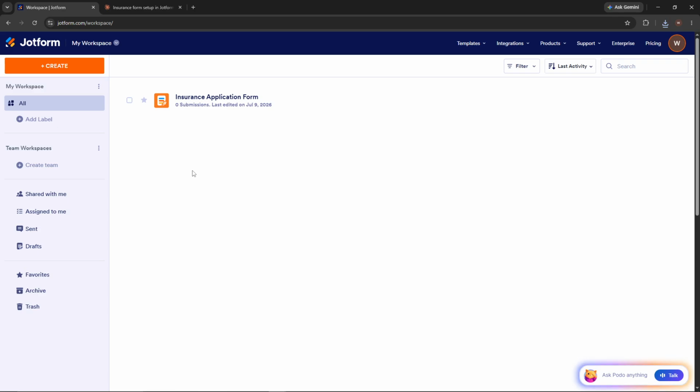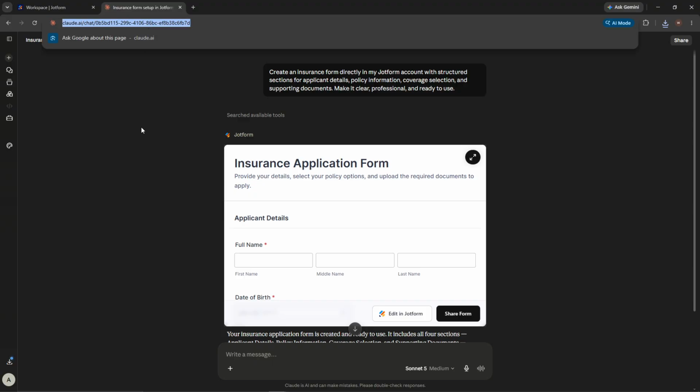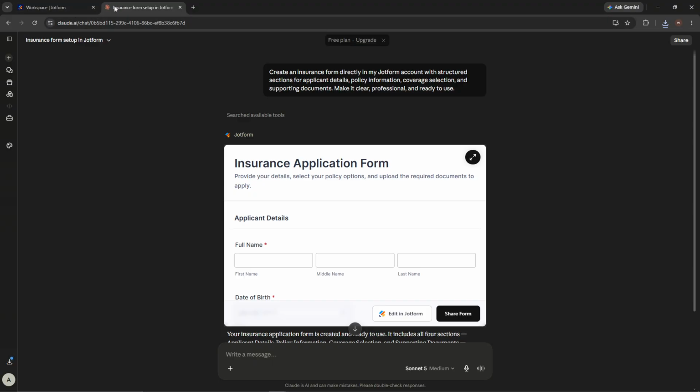In today's video, I am going to teach you how to build insurance forms in Jotform using Claude AI. Start by going to Jotform and logging into your account. Once you are inside your workspace, open Claude AI in your browser as well. You will use Claude to help generate the structure of your form, and then you will review and refine it